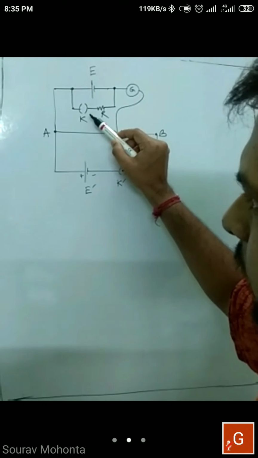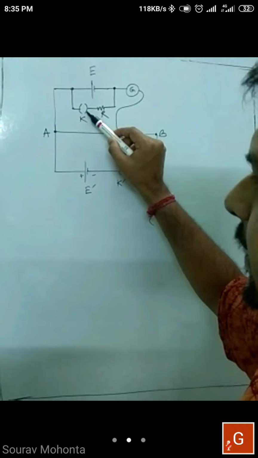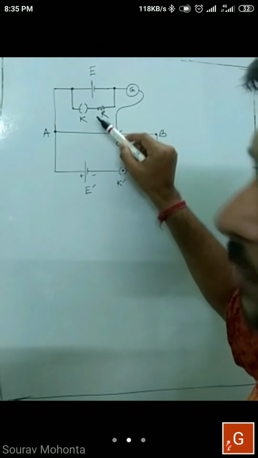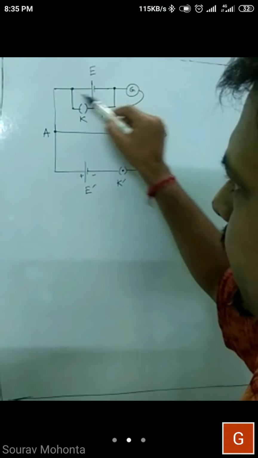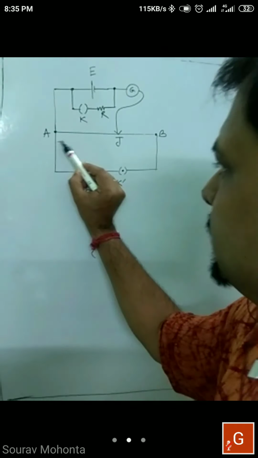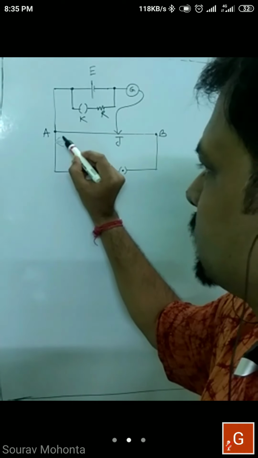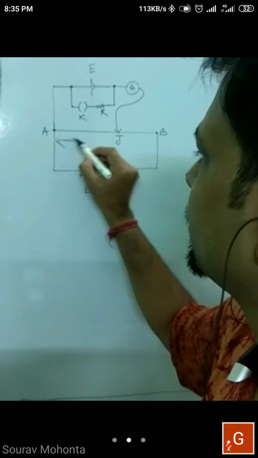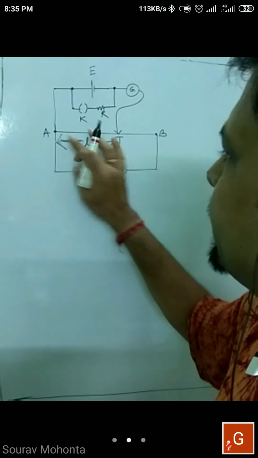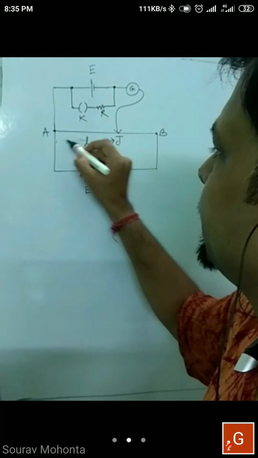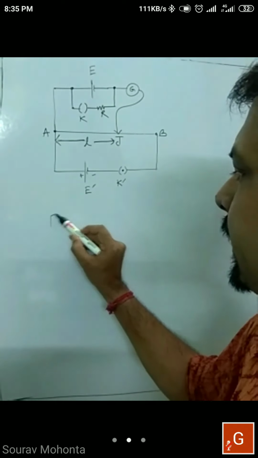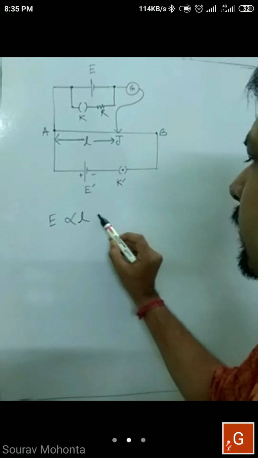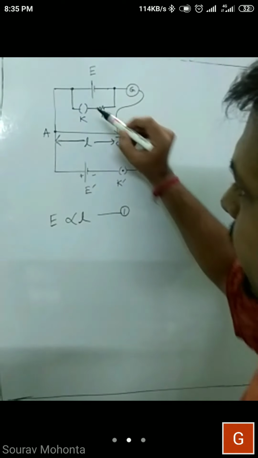Now look at the circuit: when this key is open, R has no effect. So this E will be balanced at a particular length L. Therefore we can write E is proportional to L. Now if the key is closed,